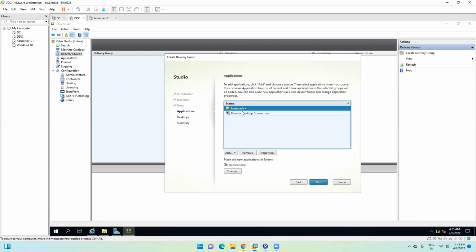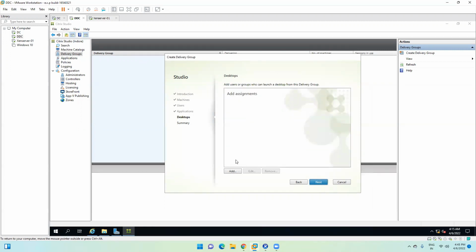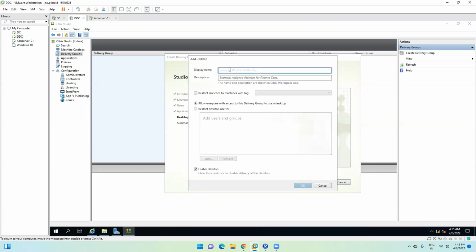To use these two applications, the user does not have to launch any desktop. Once he logs in, he will get two applications only on his screen. Got it? Understood. So simply click on next. Now it is asking for add assignment. Whatever name I give here, that particular name will be visible to the end user as his desktop. So let's make it server